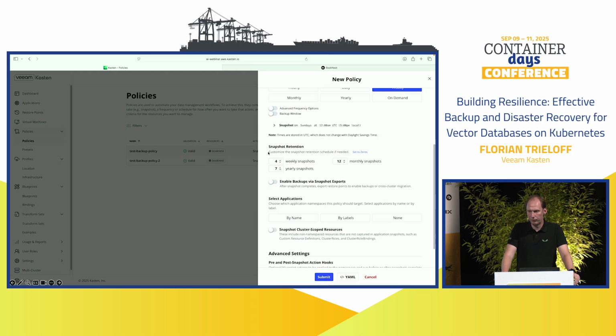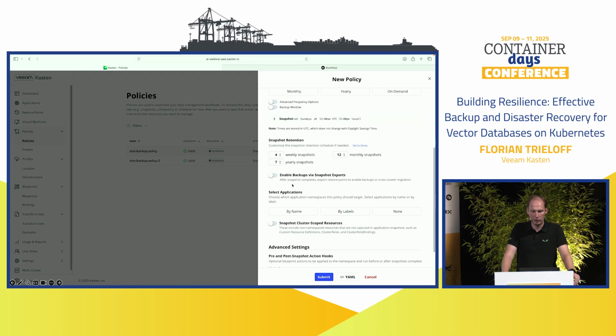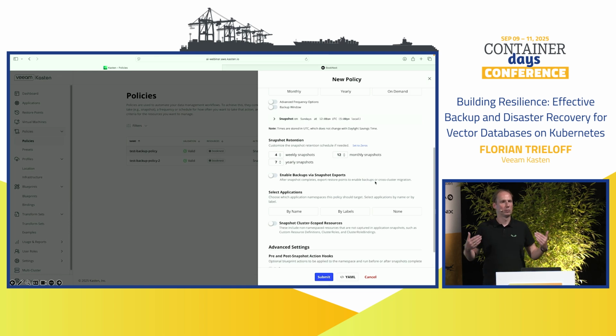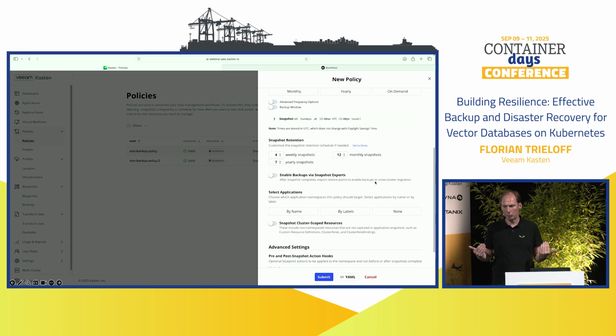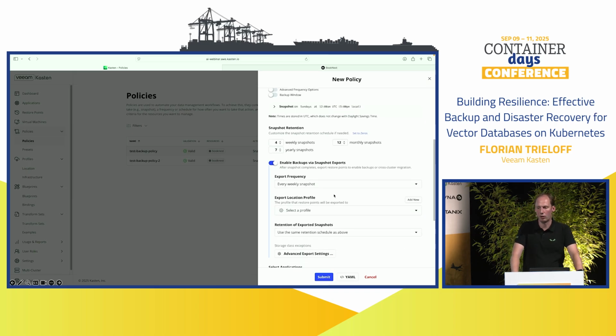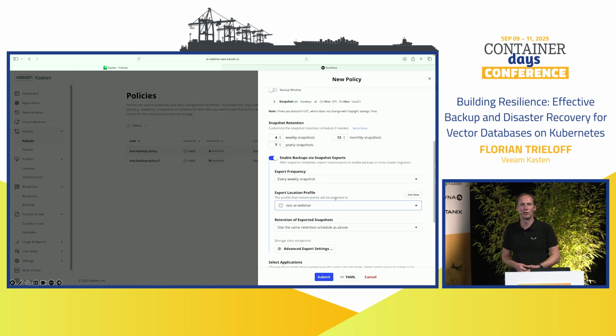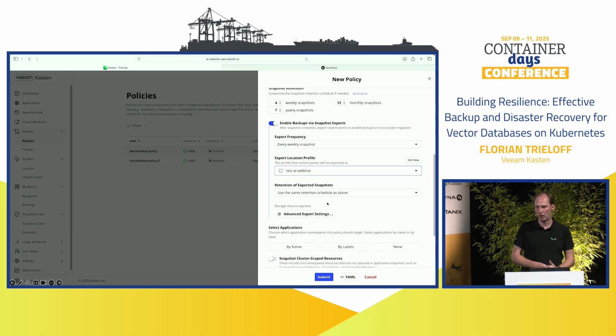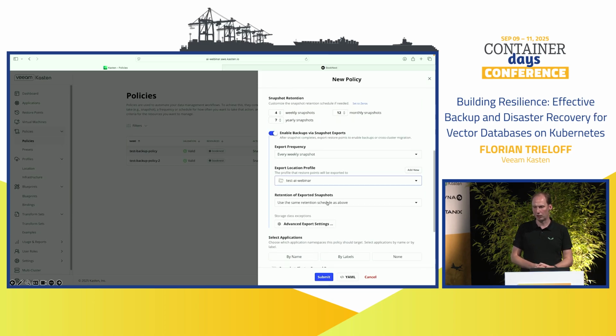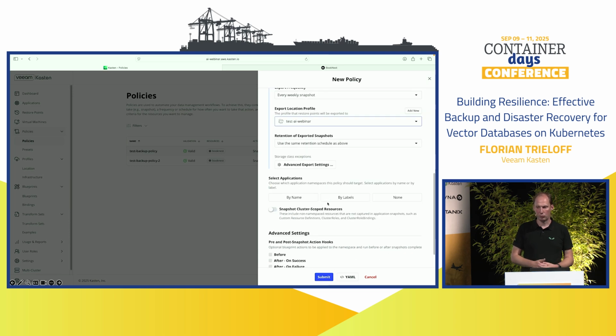The next one would be, we are just selecting our application here. We just want to back up our booknest application. This namespace should be backed up here. Here we will just add this namespace. We will enable exporting our backups also to our backup target. A snapshot isn't a backup. Everyone told you before, and Veeam has been telling you this for years. We want to export this to our backup target, our S3 system here. You can set retentions, whatever you like.